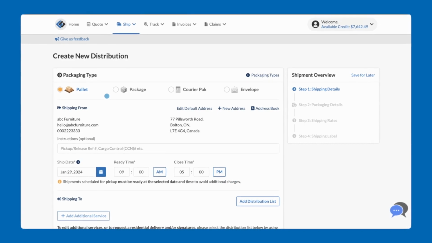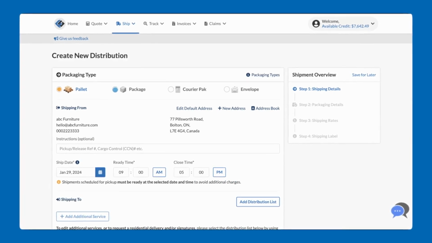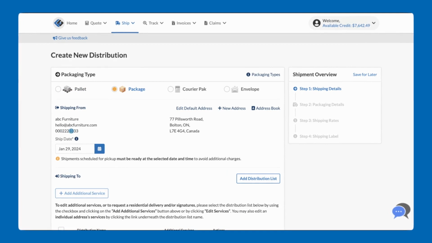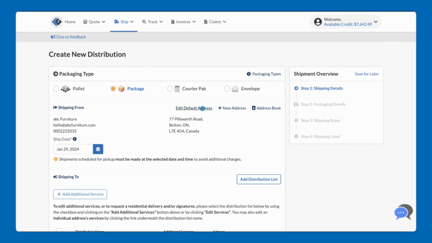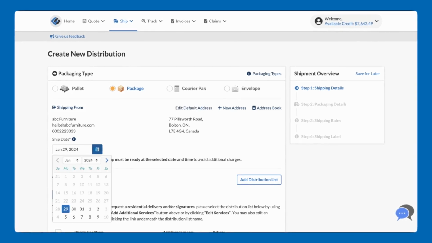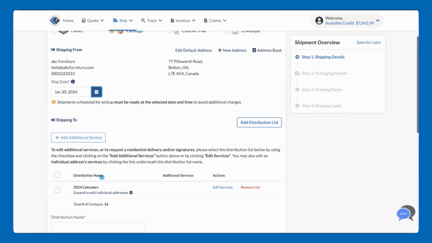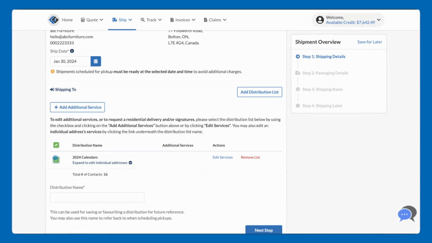After uploading, click the checkbox beside the list name and proceed by selecting the Create New Distributions button. Choose the correct packaging type. For this example, we'll select Package. The Ship From location is the default on your account. Select Edit Default Address if you're shipping from a different address. Select the desired ship date for label creation,